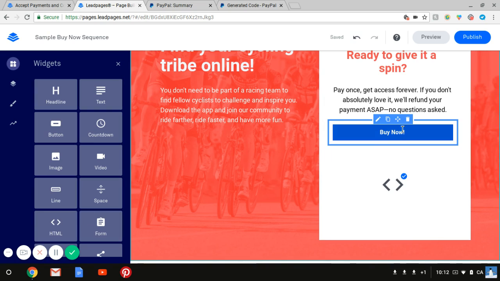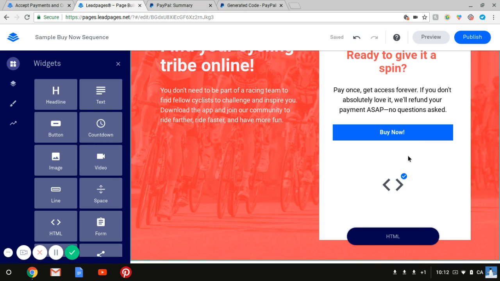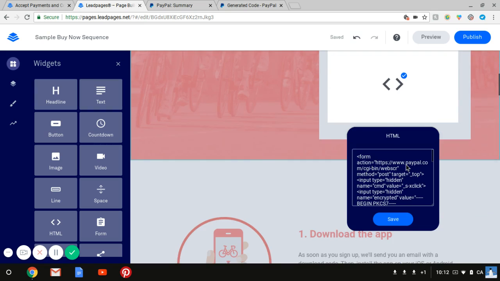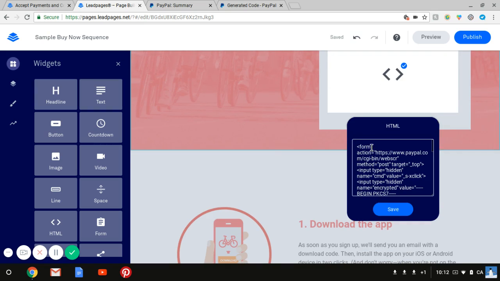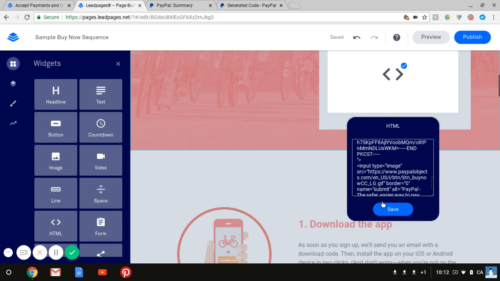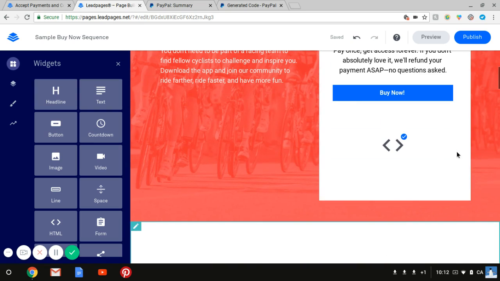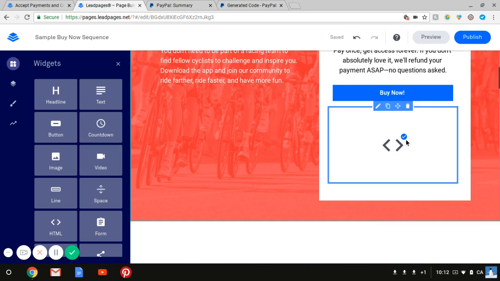I put it under the other Buy Now button just to make it a bit more seamless. But this is what you need to paste all of that information in. So you just hit that little pencil button again under your hyperlink icon. And that's the only window that opens up. I've already had it copied and pasted in here, and all you have to do is hit save. And once it is connected properly, there's just going to be that little blue check mark that shows up right